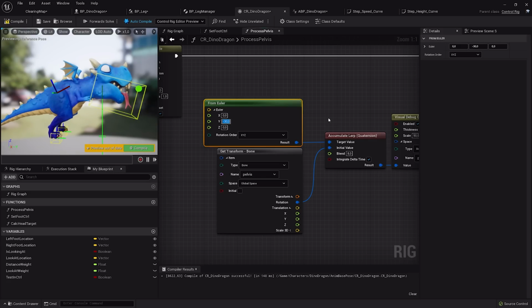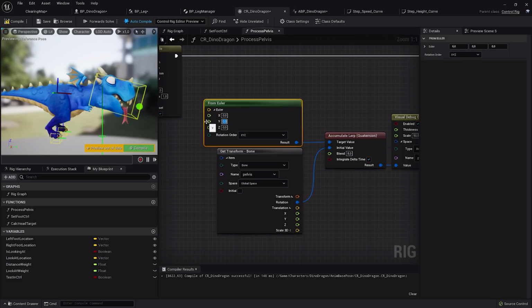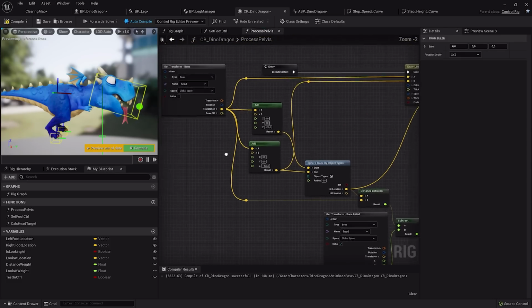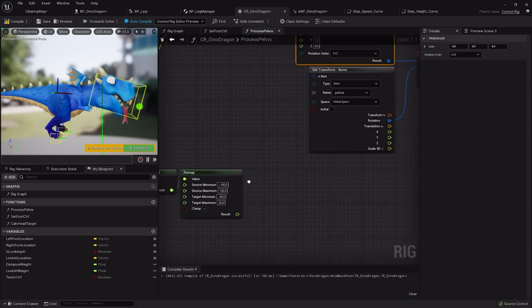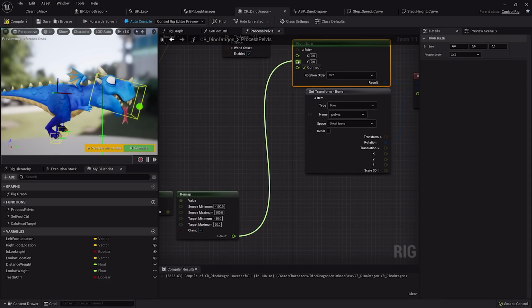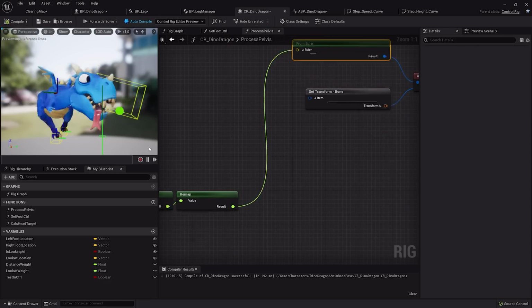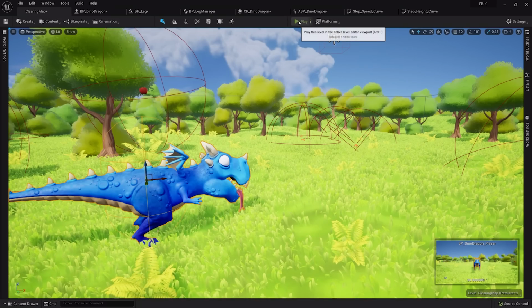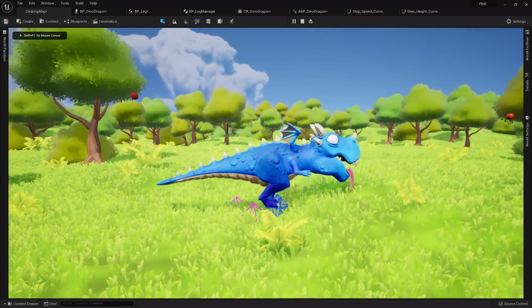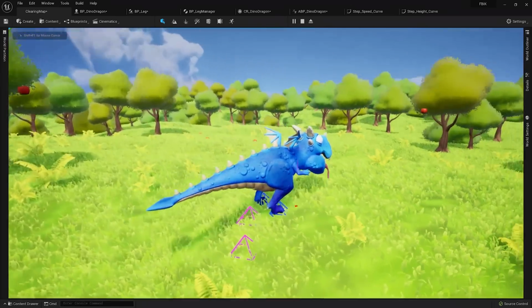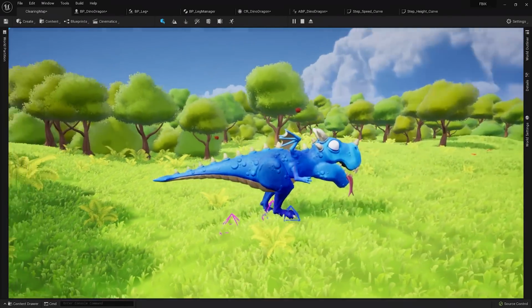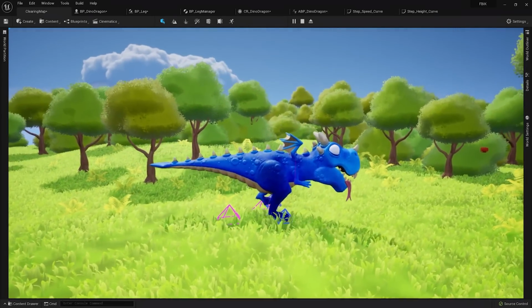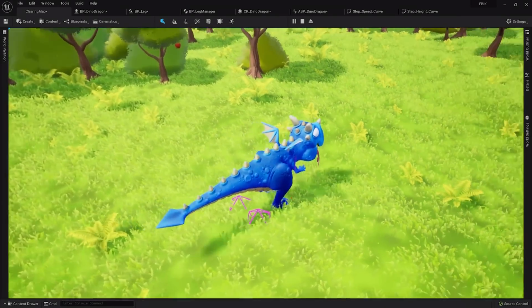And now the question is, where do we get this value from? In my case, what I did is a trace from the head downwards. And depending on the distance between this and my former location, I can map this to some values. And that's what I did here. So now when we take a look, he has his weight back on his hip and it's moving upwards and downwards. And when he's moving upwards, he is rotating the pelvis a bit, which gives us this result.